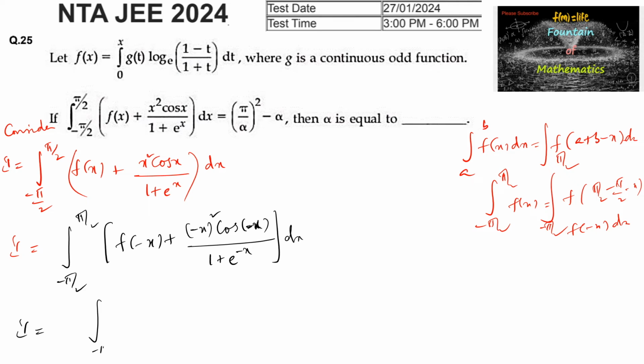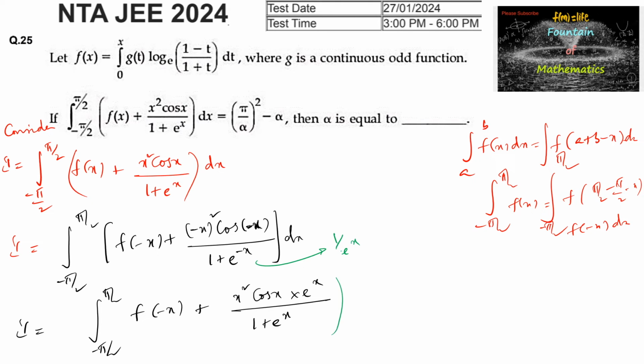That is, I is equal to the integral from minus pi by 2 to plus pi by 2 of f of negative x plus x square cos x into e power x divided by (1 plus e power x) dx, because e power negative x is nothing but 1 by e power x. Say this is 1, say this is 2. So by adding 1 and 2,